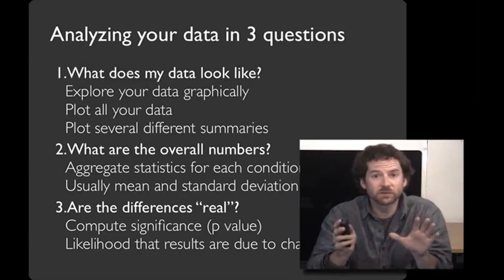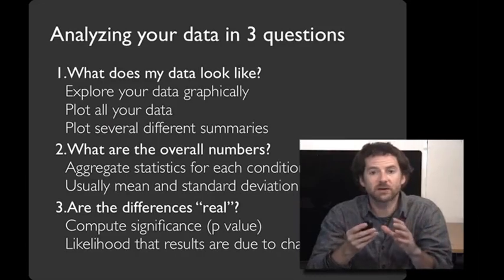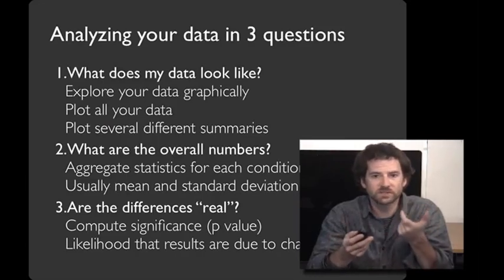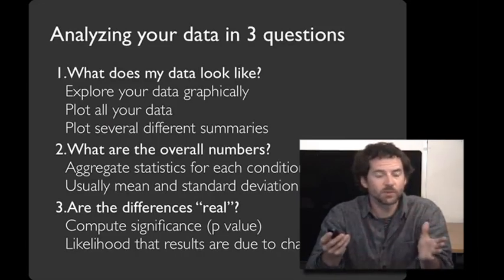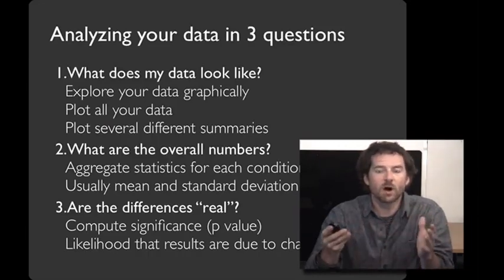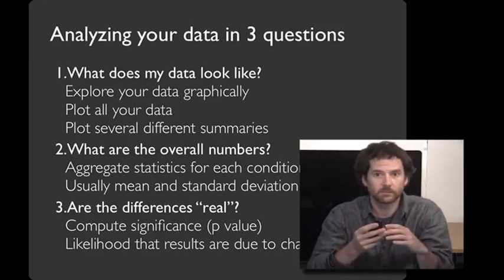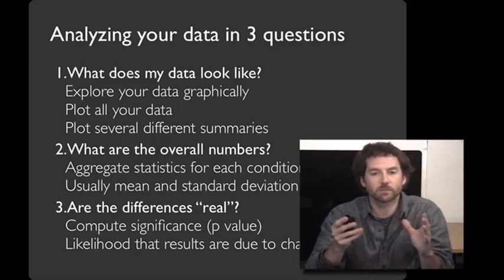Second, after you've looked at your data graphically, what are the overall numbers? These aggregate statistics help give you a quick summary of what you've seen in your experiment. Simple things to look at initially are the mean, the average, and the standard deviation, how much variation there was within each condition. And third, are the differences that you see in, say, the means real? Separating real differences from mirage differences is the goal of statistical testing, and you'll learn a technique for doing that